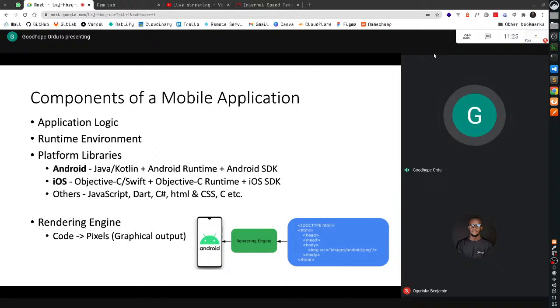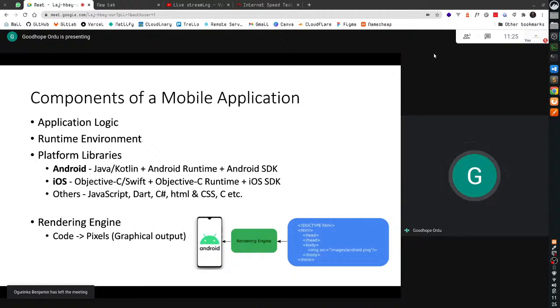Then the runtime environment is simply an execution environment for a particular programming language. Say, for instance, Java makes use of the JVM runtime environment, but in the case of Android, Android executes its own Java code in what is known as the Android runtime. For iOS, you have Swift plus Objective C, which runs on the Objective C runtime. Then one thing this runtime also provides for us,